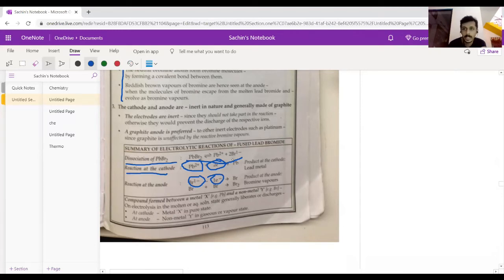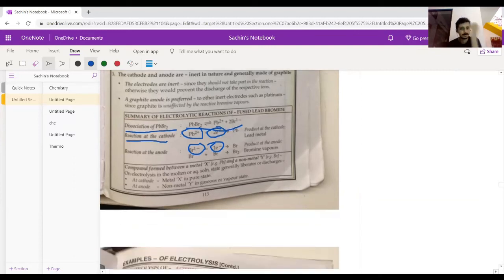It is reduction, the taking up of electrons. And the anion goes to the anode. The anode is positive in charge. It gives the electron to the anode because the anode doesn't have electrons. The anion gives up the electron to the anode, and it becomes an atom. This is oxidation. Reduction at the cathode, oxidation at the anode, and dissociation first. You remember 3 steps. That is more than enough.